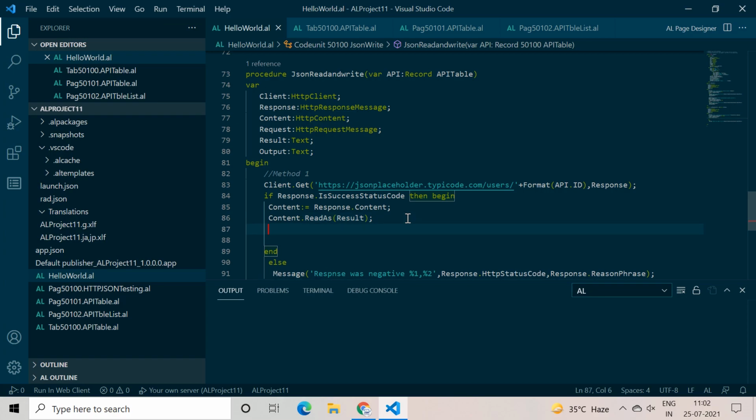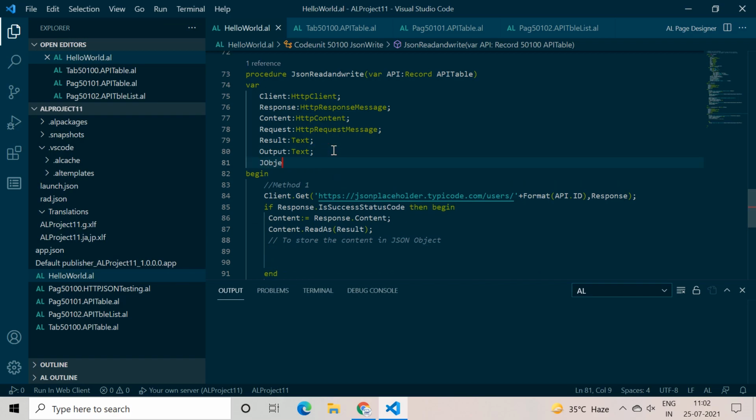All right. Now, because we know that the data is available in JSON format, the obvious next step is to store the content in a JSON object. So let's create one JSON object.